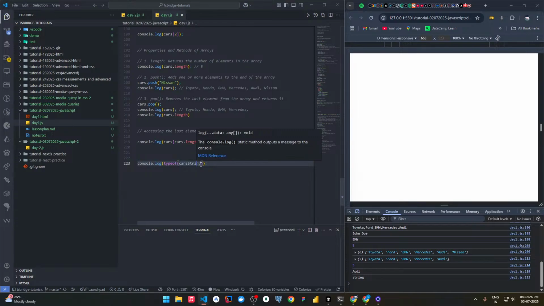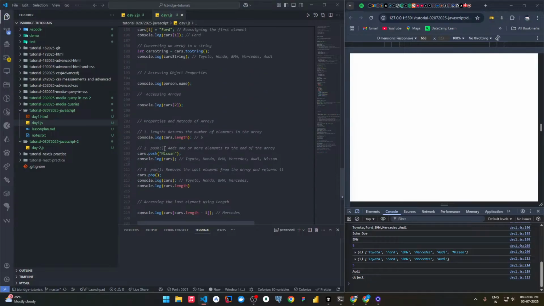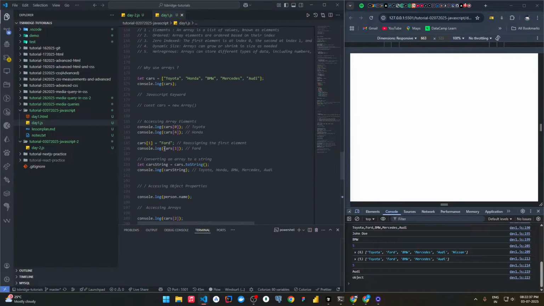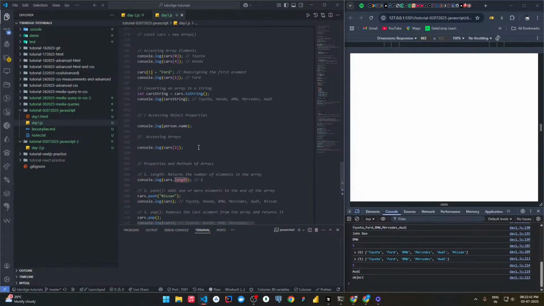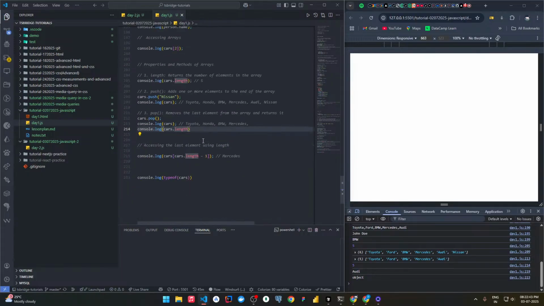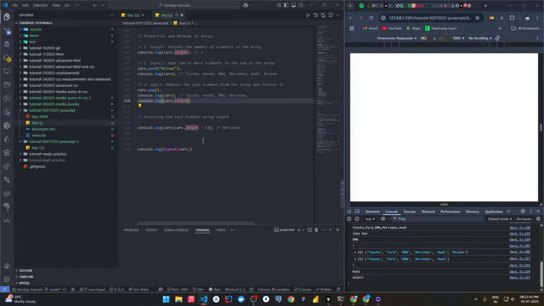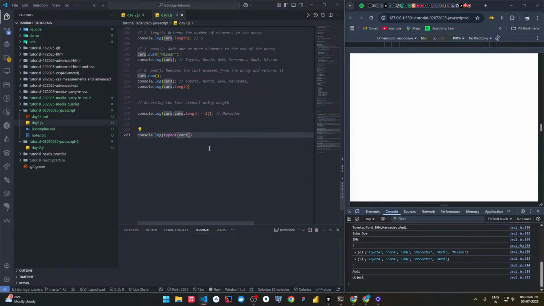But if we try to access the cars, it will give us an object. And if we try to access the car, we also get an object. So basically what happens is,